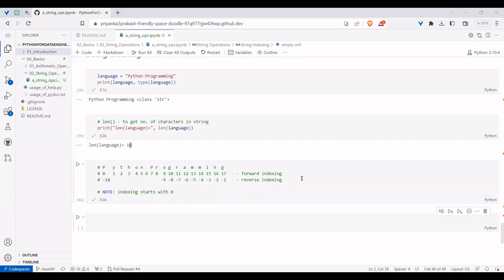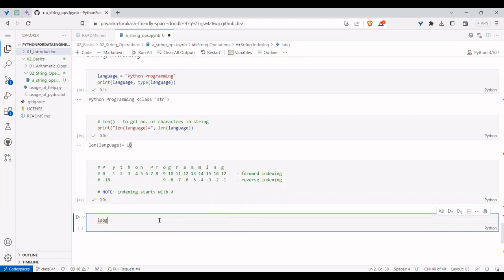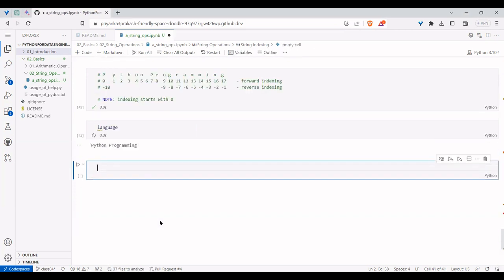So what will happen, sir? What is the point of going with this? Now, as we have things like this, if I use the word language, I can get the entire word. Whereas if I use square braces against this language, in Python every brace has some importance.